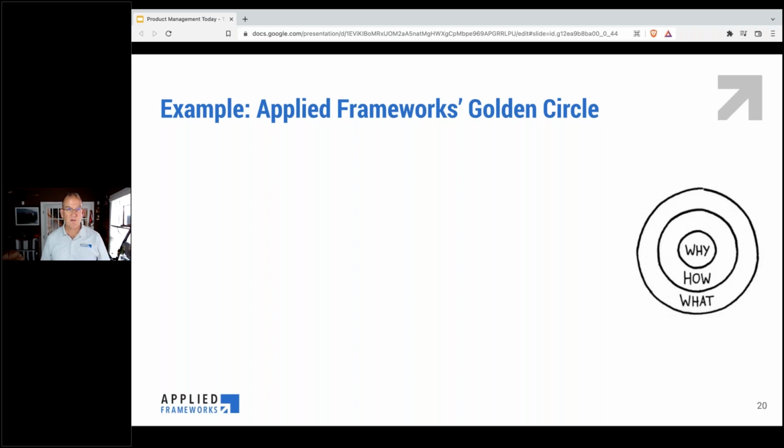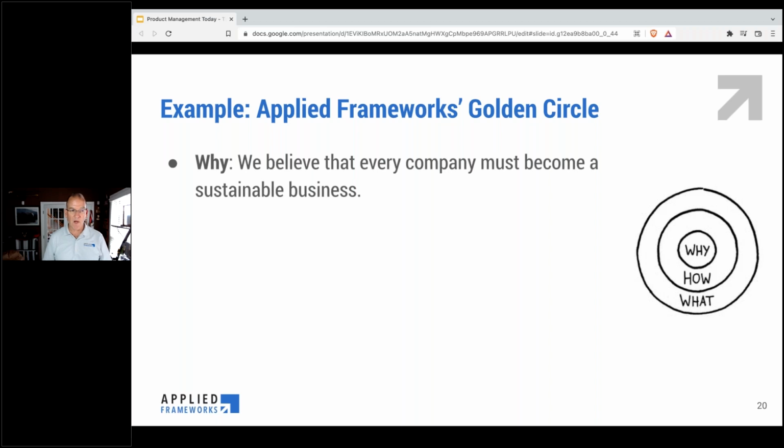So over time, we refined this golden circle multiple times. What I'm going to show you is the result of several hours over multiple weeks to achieve what we believe is a complete golden circle. First we started with our why. And what we've recognized over the past few years is that one of the key inputs to success for companies to achieve their results is sustainability. So we start with our why.